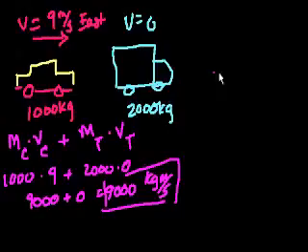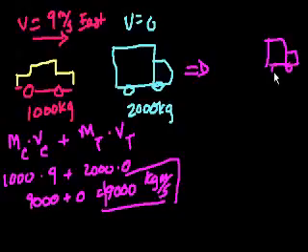Now, what happens after the car hits the back of the truck? So let's go to that situation. So we have the truck. I'll draw it a little less neatly, and then you have the car. I won't go into whether it's banged up and whether it released heat and all of that. Let's just assume that there was nothing, that this is a simple problem that we can do. So if we assume that, there would be no change in momentum, because we're saying that there's no net forces acting on the system. And when I say system, I mean the combination of the car and the truck.